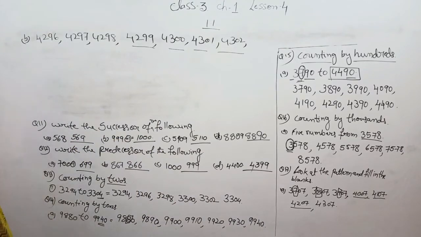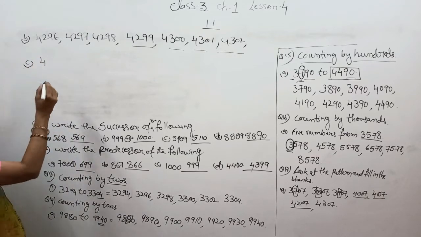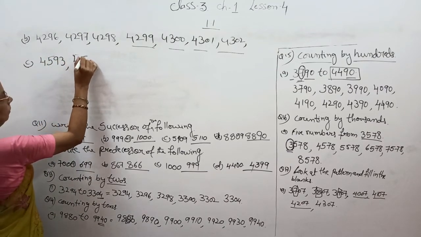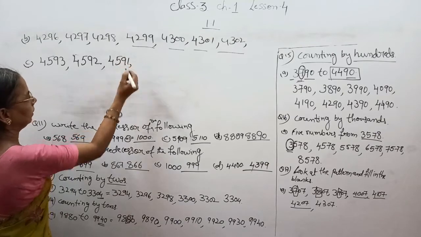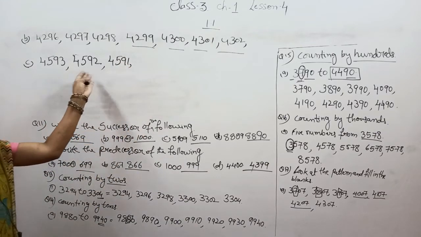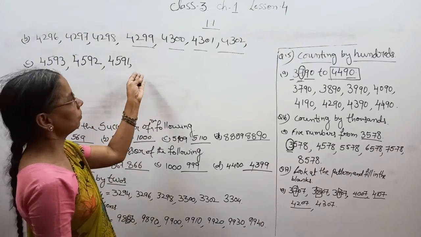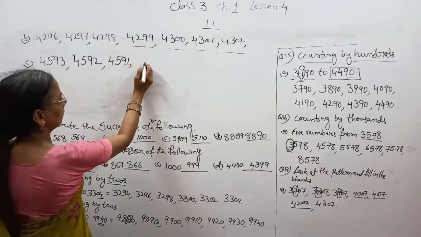Now the third and the last question in this exercise, that is C, 4593, 4592, 4591. In this question, the number will be reversed. From 93, it is 92, 92 to 91. Now we have to come down by minusing one from the number, that is